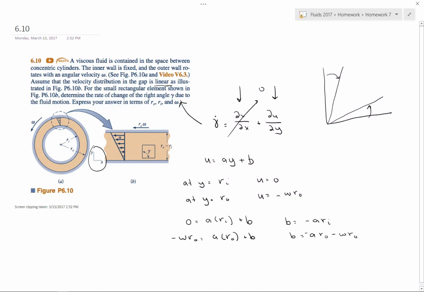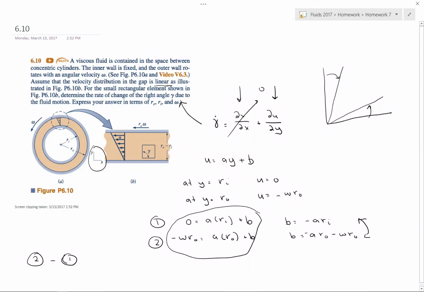So what we have here equals a, which is exactly like you were doing before, r outside minus r inside. So our a is equal to this, and therefore our u